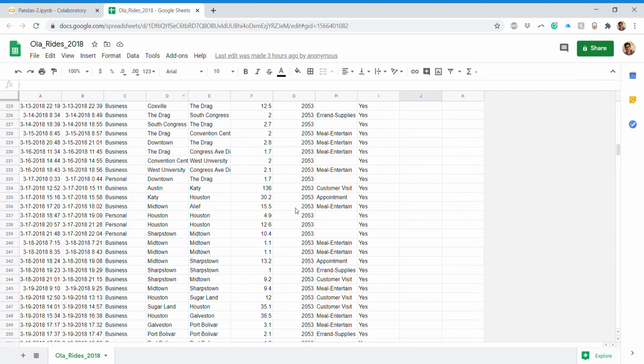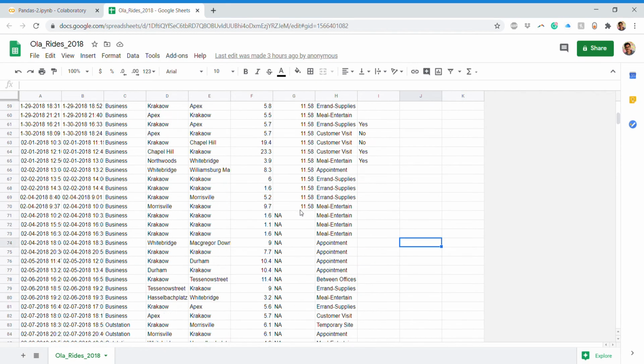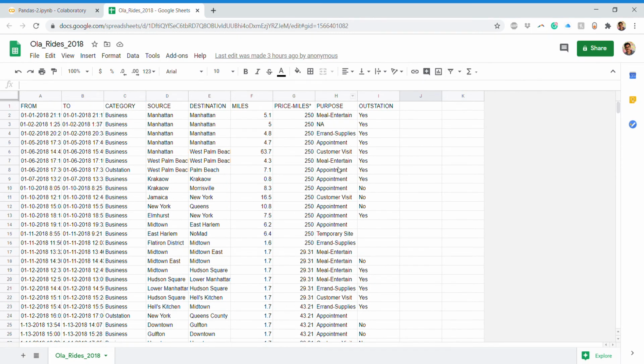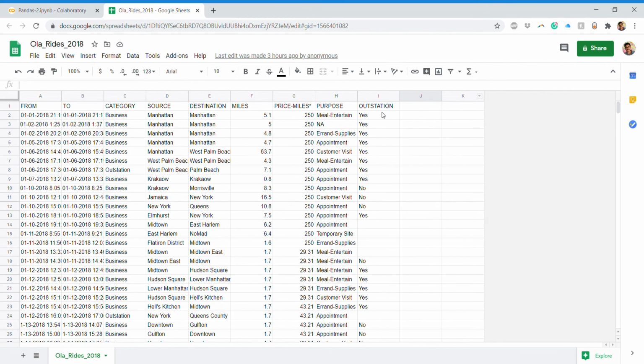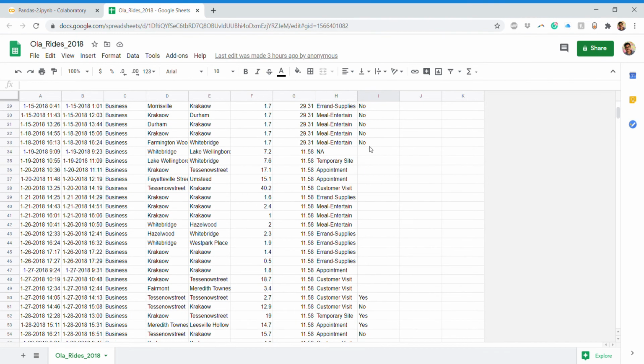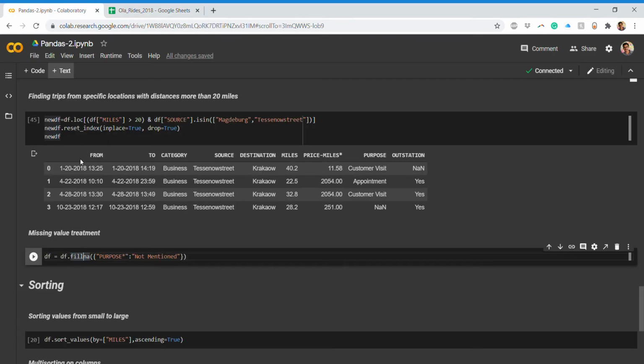So you can see, in outstation we have some places where it is yes and some places no, and some places it is empty. So what I want to do is fill all those empty spaces with not mentioned.